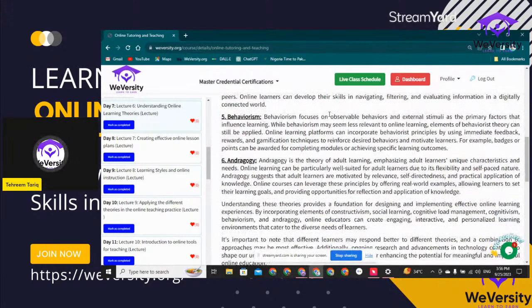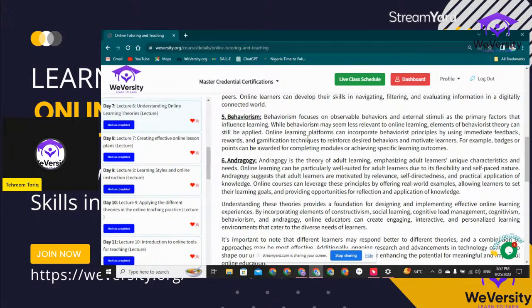Then comes behaviorism. Behaviorism focuses on observable behaviors and external stimuli as the primary factors that influence learning. While behaviorism may seem less relevant to online learning, elements of behaviorist theory can still be applied. For example, online learning platforms can incorporate behaviorist principles by using immediate feedback, rewards, and gamification techniques to reinforce desired behaviors